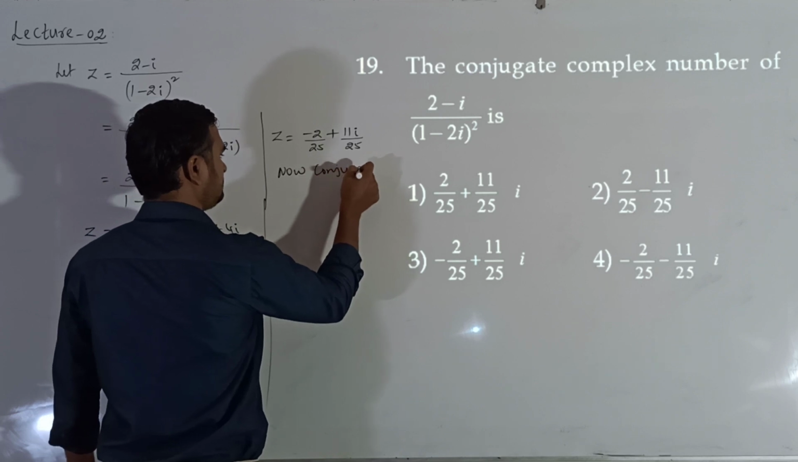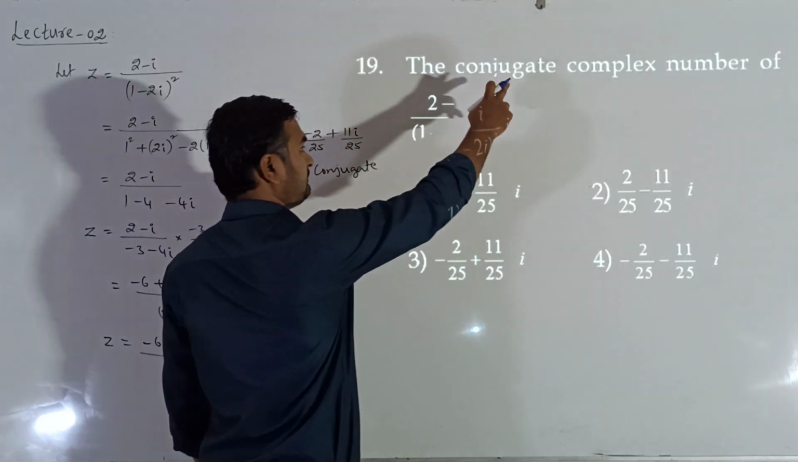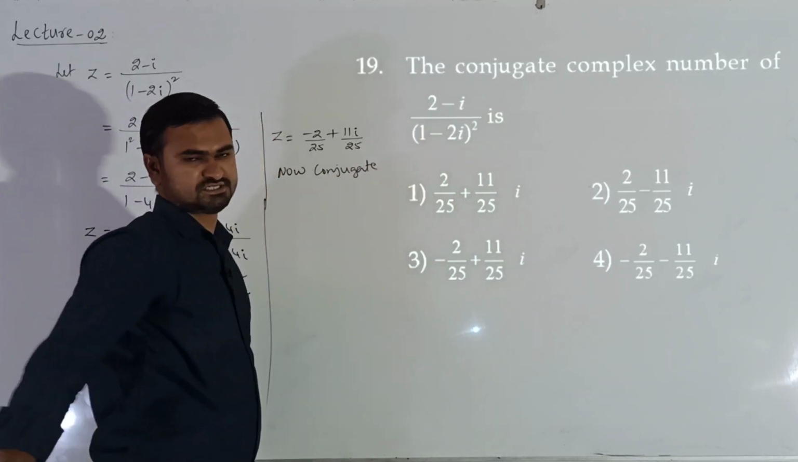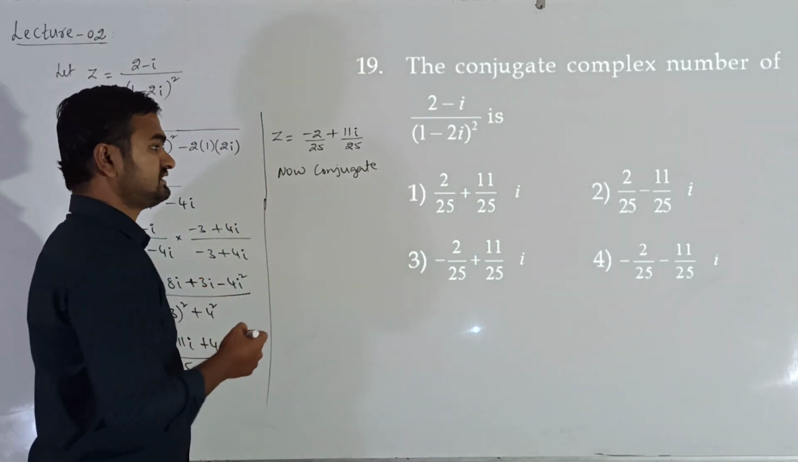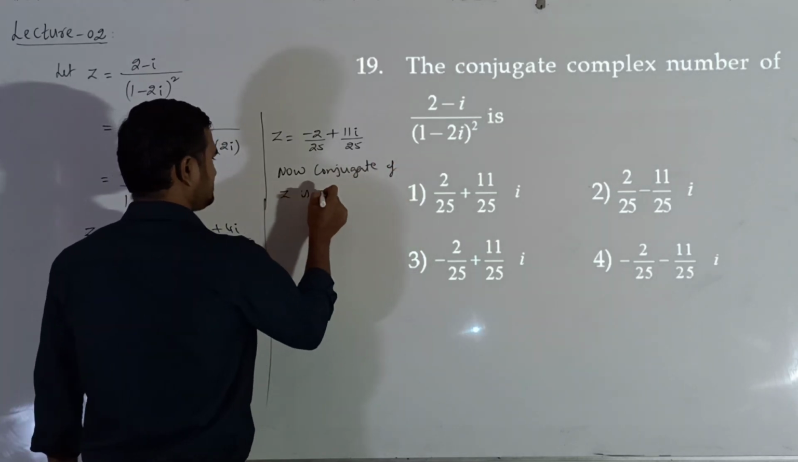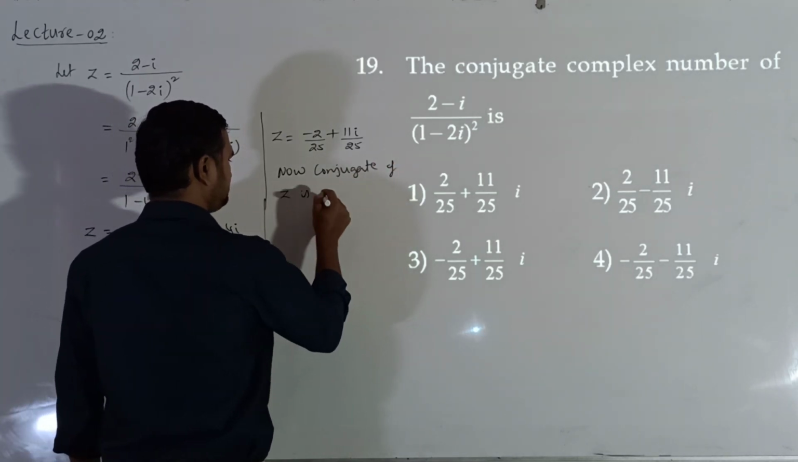Now we need the conjugate of this complex number. Till now we simplified the given complex number. Now we need its conjugate. Now the conjugate of z is given by